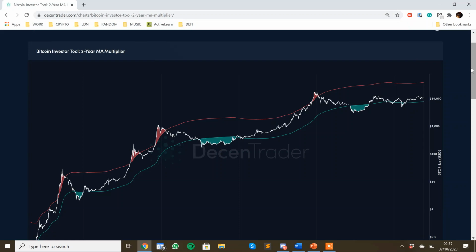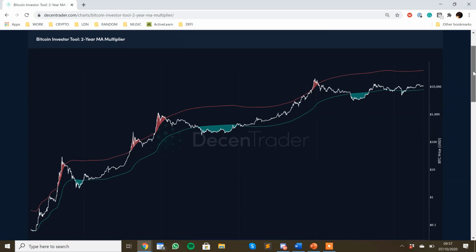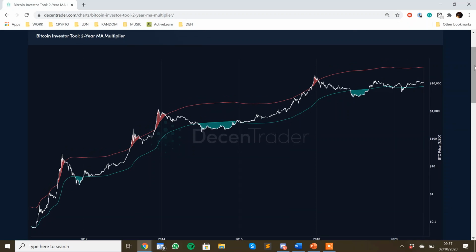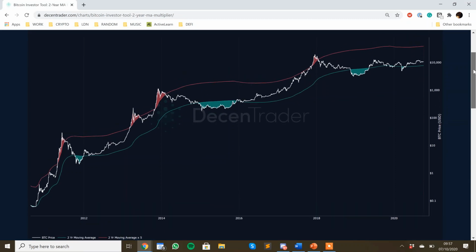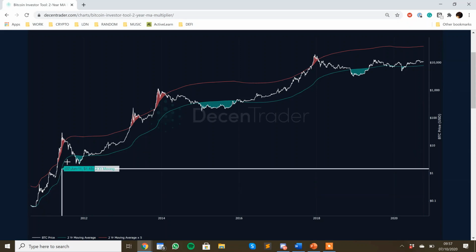So this tool is intended to be used as a long-term investment tool. Okay, so it's not for short-term traders trading hourly timeframes or anything like that. This is a macro valuation model that is helping long-term investors and also traders to help understand where the market is heading. It highlights periods where buying Bitcoin or selling Bitcoin during those times would have produced you outsized returns as an investor. And to do this, it uses a moving average line, which is the 2-year moving average, this green line you can see here,